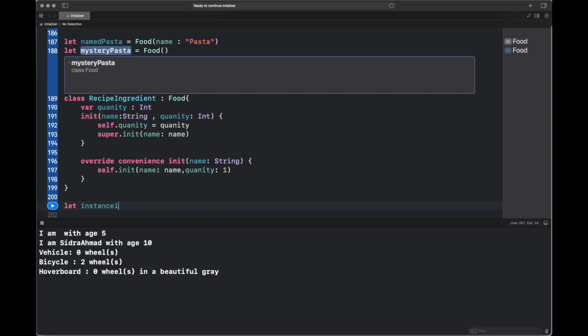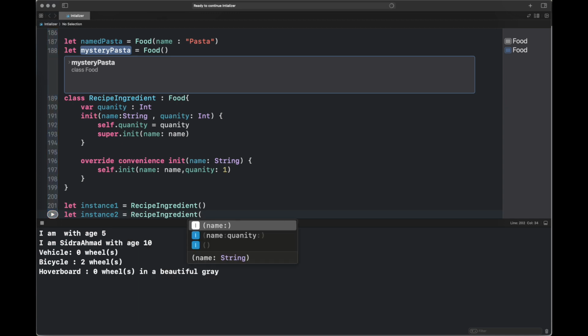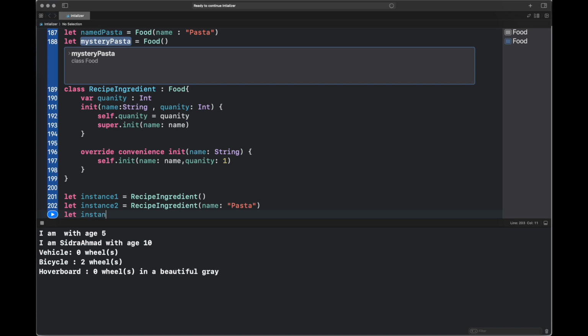Now we are going to create instances of our RecipeIngredient. First of all, we are going to use a simple default initializer, and then we are going to create instance two, which is using the convenience initializer with the name pasta, and after that we are going to create instance three with a designated initializer, with the name